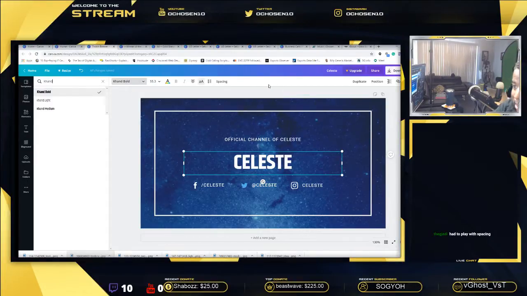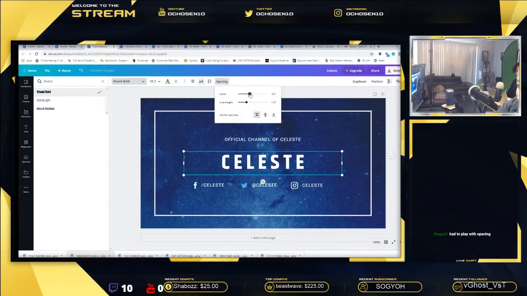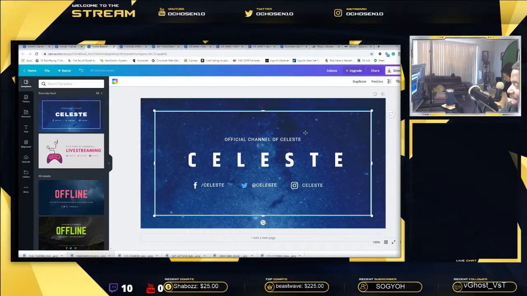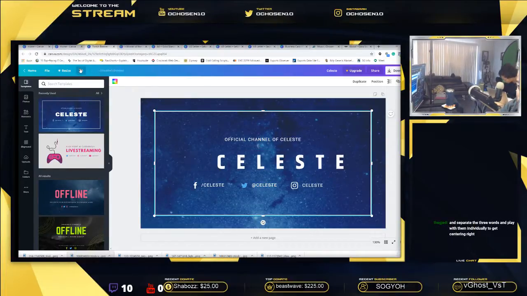Had to play with the spacing. You can take the spacing and stretch things out. Obviously, when I stretch it too far, the box isn't wide enough, so you have to stretch the box too, and then you can get it like that. And now that's a way different appeal than what we had originally. You see what I'm saying? That's way different than that.